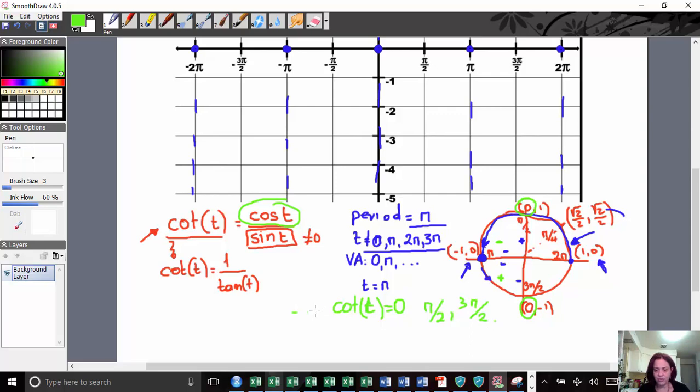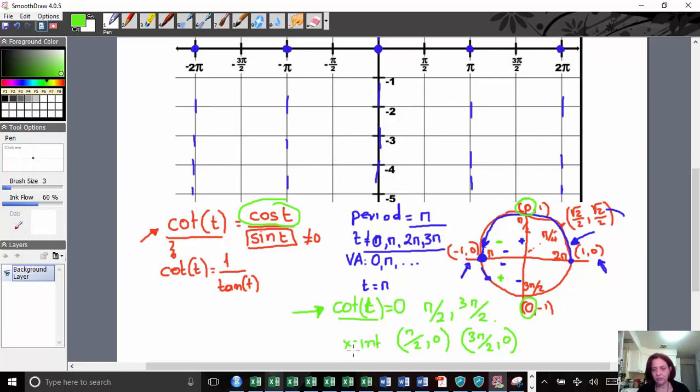So we have information. We know at what point the cotangent curve is going to cross the x-axis. We'll have the x-intercepts. So basically, pi half, comma 0, and 3 pi half, comma 0, are two x-intercepts